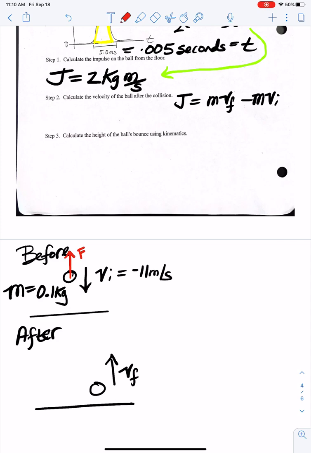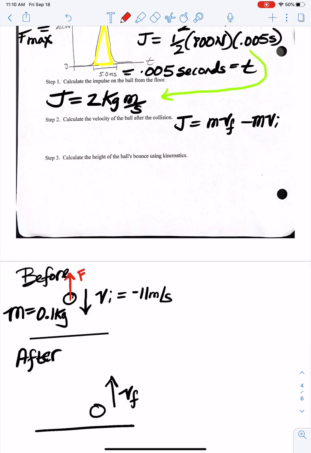I think it's called the impulse approximation, the idea that you can ignore gravity. You know, for instance, while the bat was hitting the ball, we didn't worry about the effect of gravity exerting an impulse on the ball, right? So that's kind of the idea, and that's explained in the Knight textbook a little bit. Anyways,